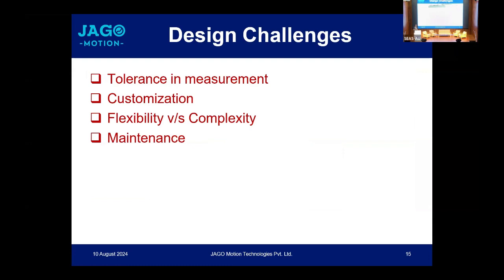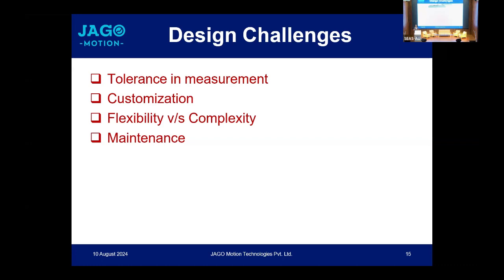Quickly, I will go through the challenges we faced in this sector. The tolerance in measurement. Whenever we are designing this for people, engineers design the technology to build the prosthetic, but how do we fit it to a particular person? Somebody is tall, somebody is smaller, bigger, different weights. It's very difficult. People get it in a one-day workshop for free. They come back and see that it's not fitting well. They're just using it because it's free.